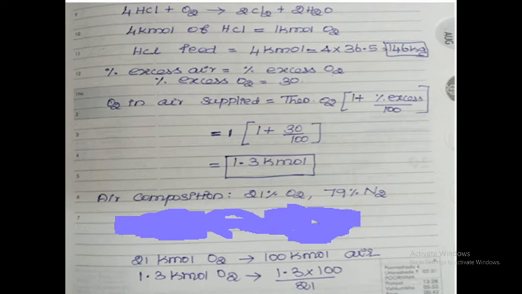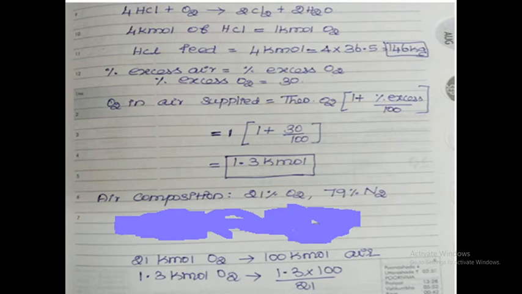So we want it in terms of kg. What you do here? Kilomole is converted into kg by multiplying with molecular weight. The relationship between number of moles and weight: number of moles is equal to weight by molecular weight. If you want the weight value, you multiply with molecular weight. Here number of moles is known, 4, multiply with molecular weight of HCl, which is 36.5. So finally we get HCl feed 146 kg. Are you clear or not? Okay. So now we have HCl feed 146 kg.